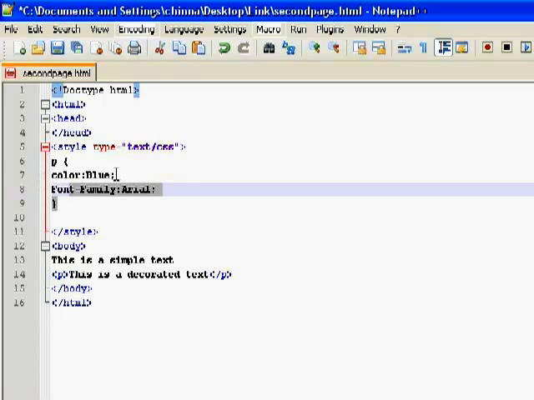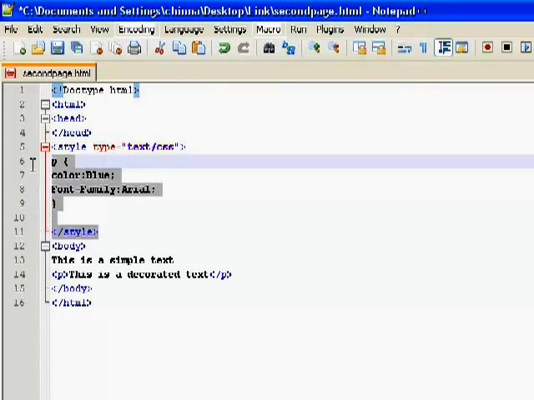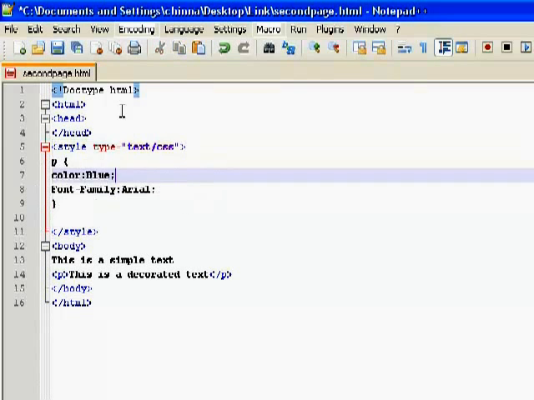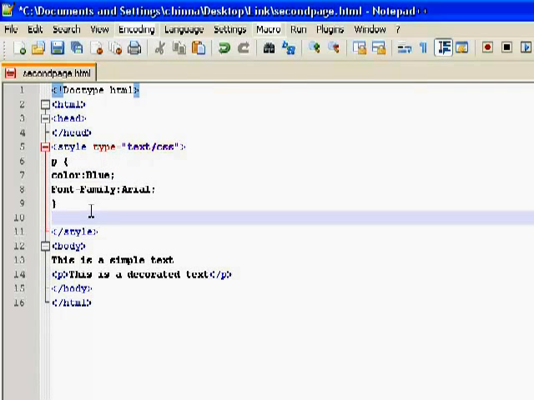So this is the way you want to have your style sheets or CSS. For example, if I want to add some style to my body tag also, I can add, sorry, just mention body. And